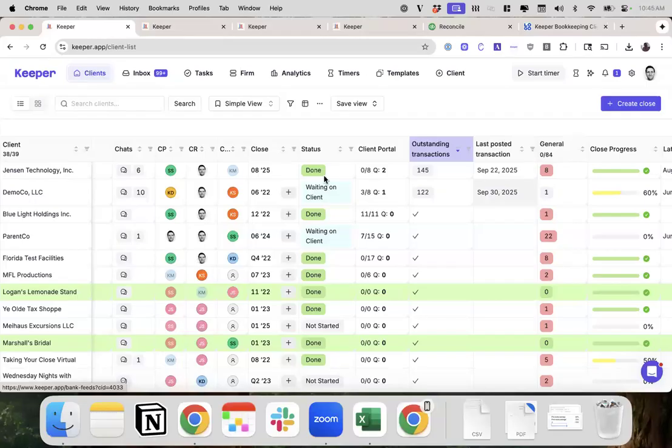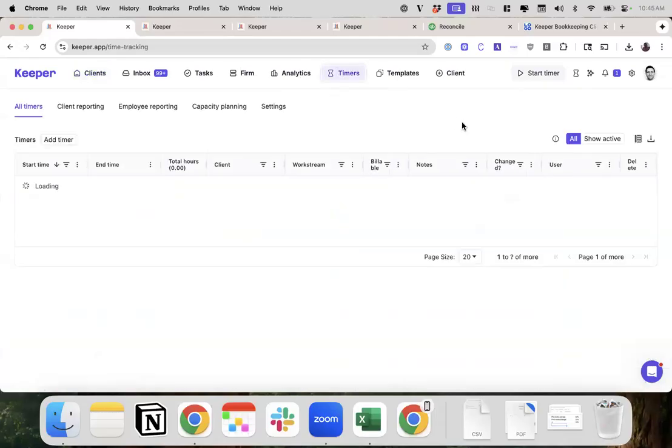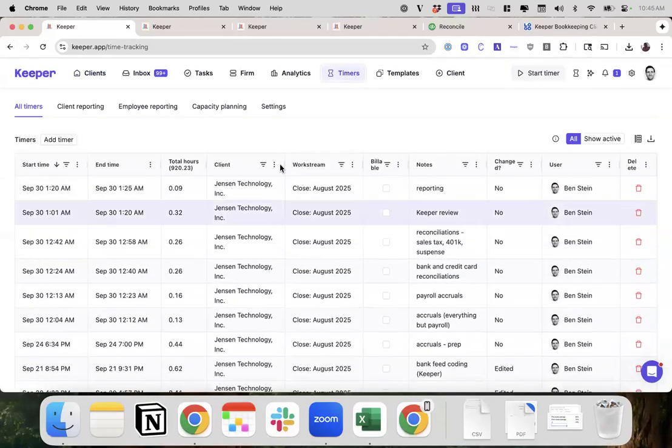Okay, and one more update, actually not on the client list, it's on the timers table. We updated the UI for the timers table. So we're using a new table system. This is maybe too dorky to present on, but I'm going to present on it anyways because we like it. This should hopefully improve significantly all of the UX around tables, which is the entire app. And so the basic idea is this is going to be much more flexible, much more easy to use, much more